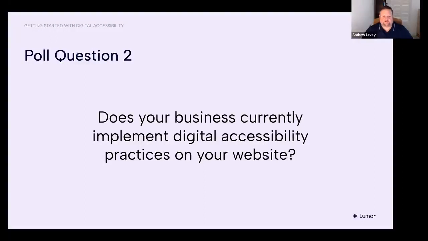Yes, as Gryff mentioned, we just wanted to run our second poll question for today. So this time we're looking at whether your business currently implements digital accessibility practices on your website. So we'll just get that poll launched. It should pop up on your screen, and then you've got 3 options: yes, no, or don't know, and we'll give you a few seconds there just to fill that in, and we'll get an idea of the responses in the room.